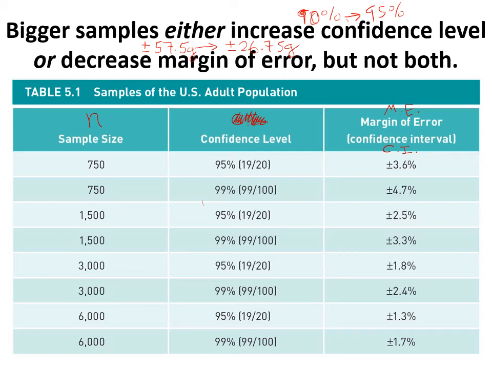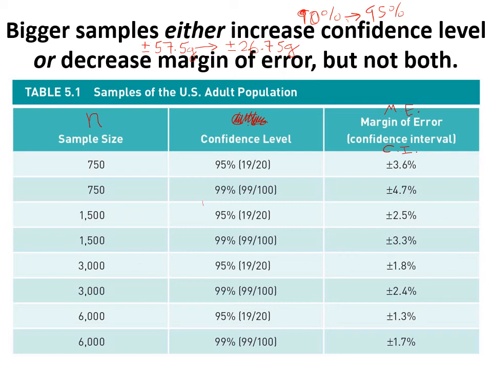So this means that 19 times out of 20, the true value of the population parameter, so say the population mean, would be captured within that bound of this confidence interval, and that the margin of error would be plus or minus 3.6 around